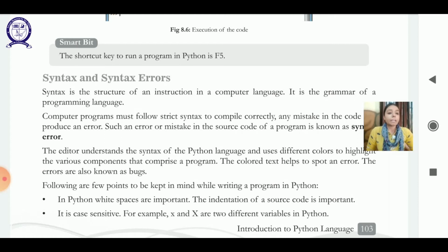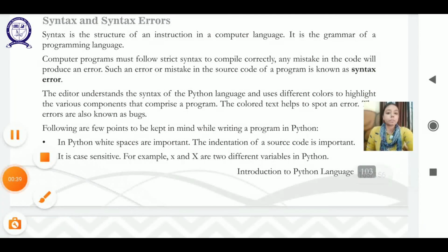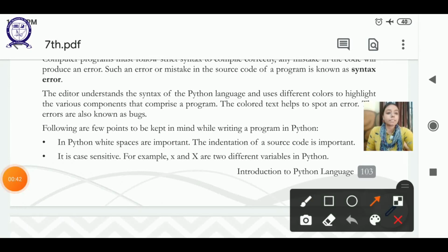Similarly, when we write a program in Python, we have particular codes and keywords so that the syntax of the program is correct. A computer program must follow strict syntax so that there is no error in the program. And if an error or mistake occurs in the source code of a program, that is known as a syntax error.